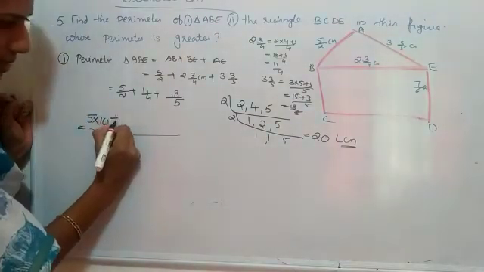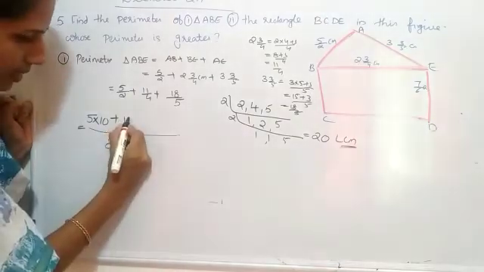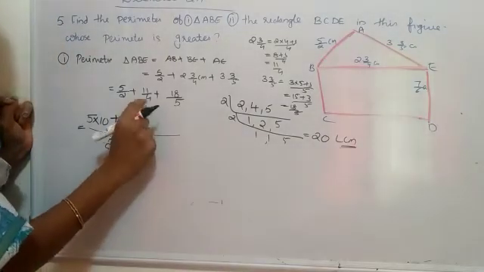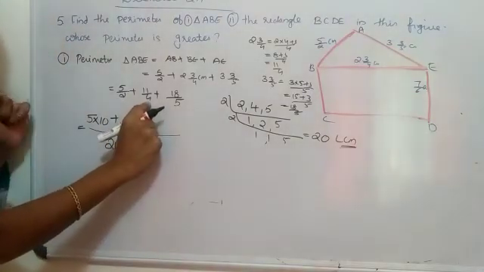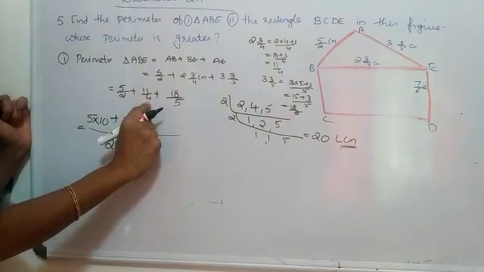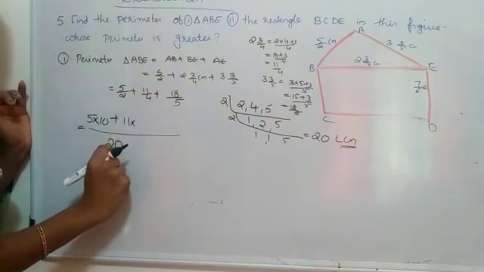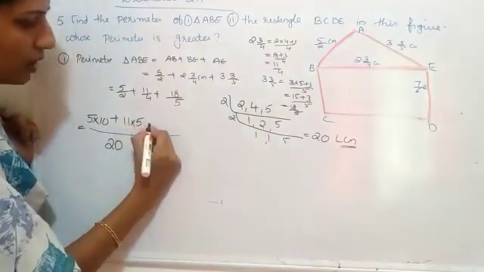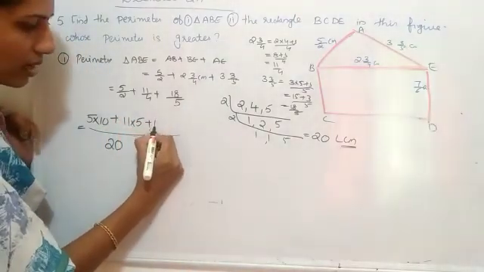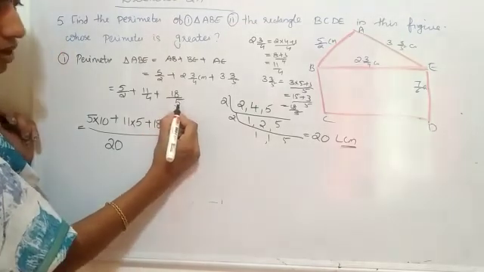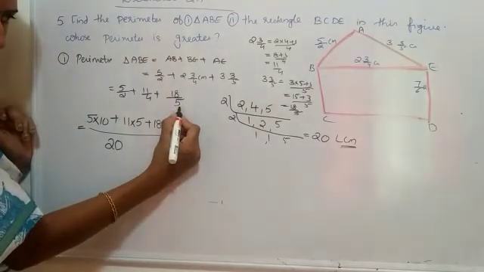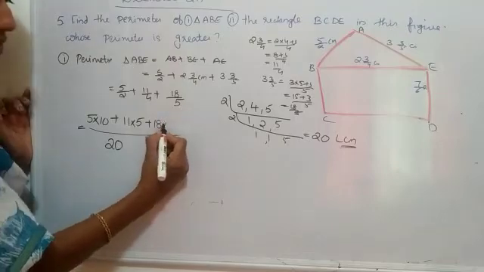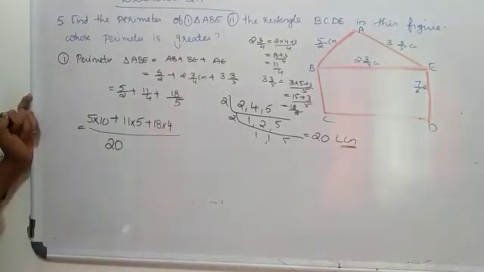Okay. Plus, write the 11 as same into, see here it is 4. When a number is multiplied by 4, you will get 20. What is the number? It is 5. Plus, same way here. Keep 18 as same. When a number is multiplied by 5, you will get 20. What is that? It is 4. Okay, this is an easy method, right?